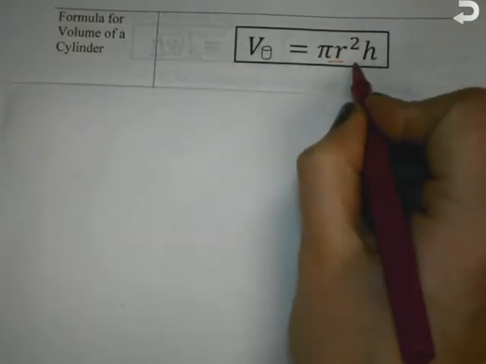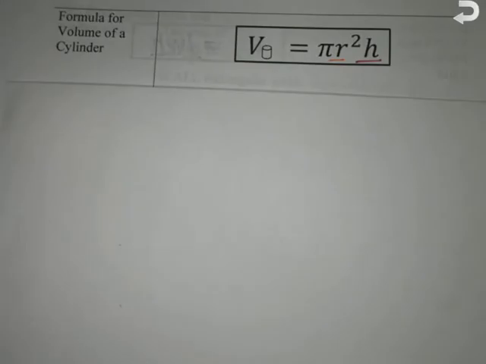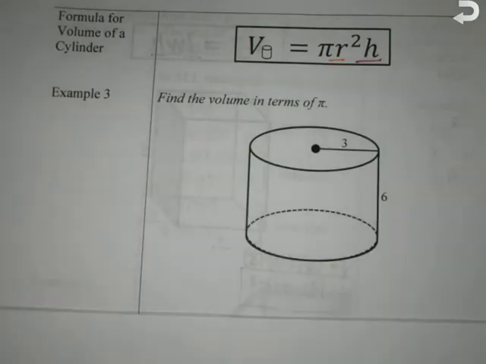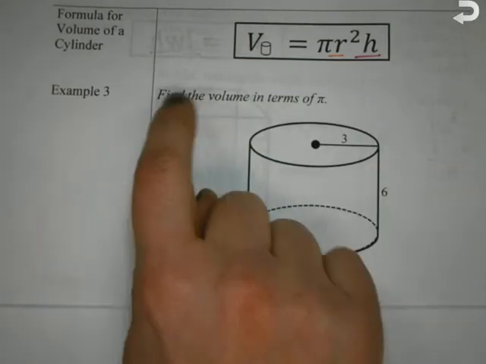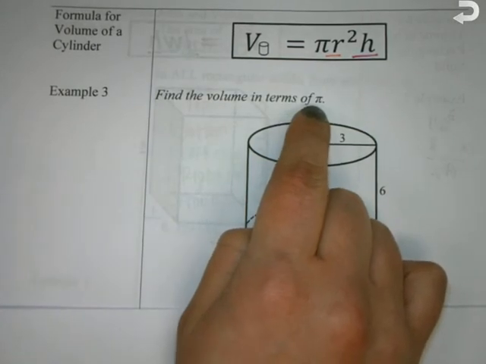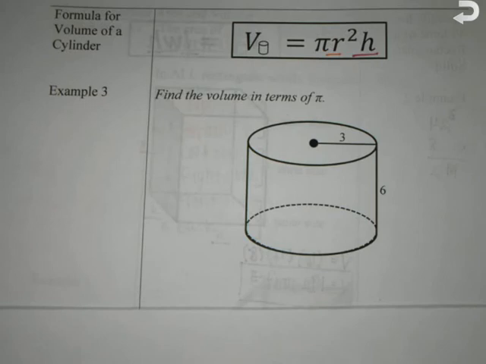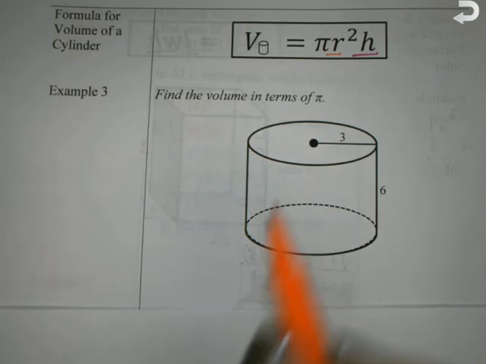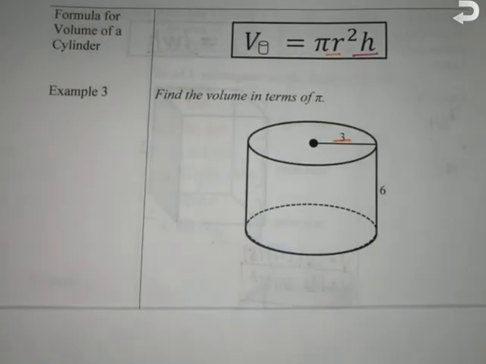Okay? So let's look at example 3. Now our instructions say find the volume in terms of pi. So do I have to plug in 3.14? No, we can leave pi in our answer this time. Okay? So what is the radius? 3. Good. What is the height? 6. Okay, so volume equals